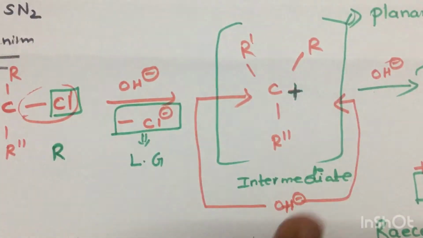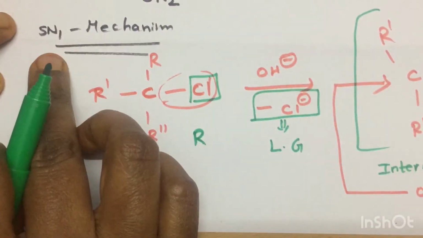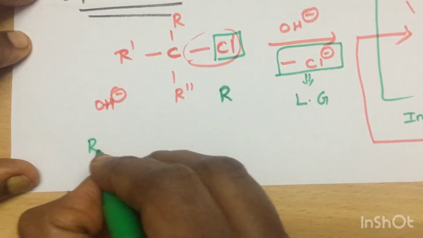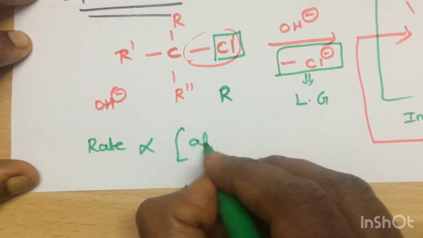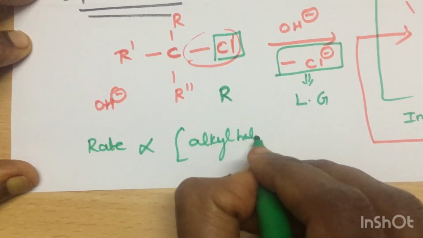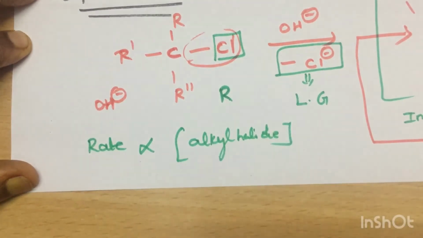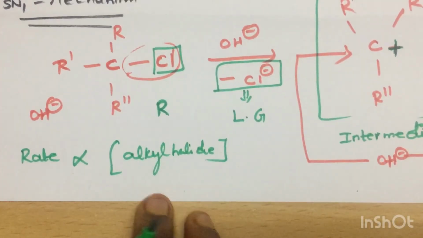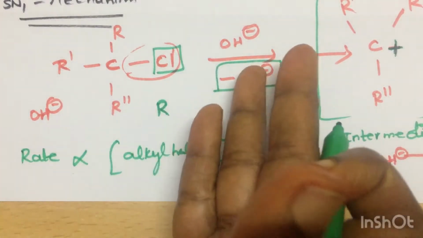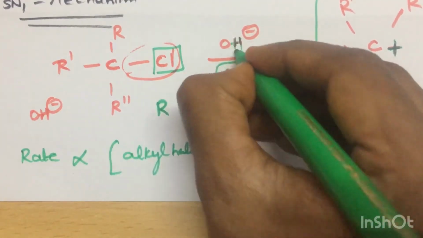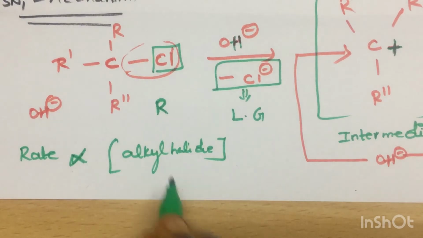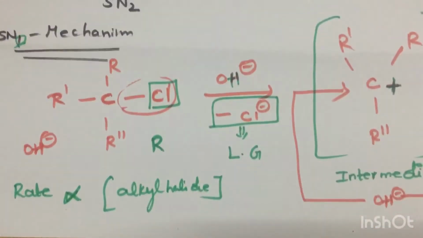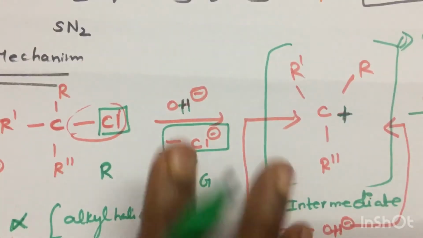So these are the things you need to remember, and SN1 indicates what? Here the rate of the reaction is unimolecular, it depends only on the alkyl halide and not on the base. Only depends on the alkyl halide. If you change any base, the rate will not be affected, but if you change the alkyl halide, the rate will change. So the one represents this. This is the quick brief thing I have told you.